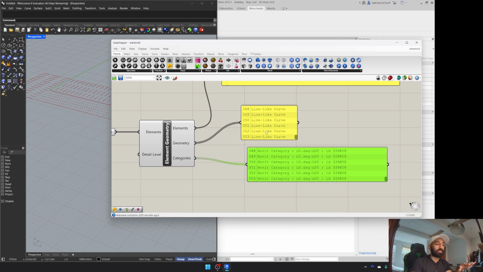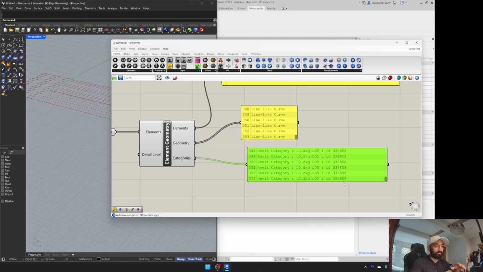That's why we're only seeing lines, because we've deleted everything else. So it will show you every single element in that DWG, and it will tell you what Revit categorizes it as. In this case, it says it's a line L05, a line with the layer L05 in this L0 DWG,